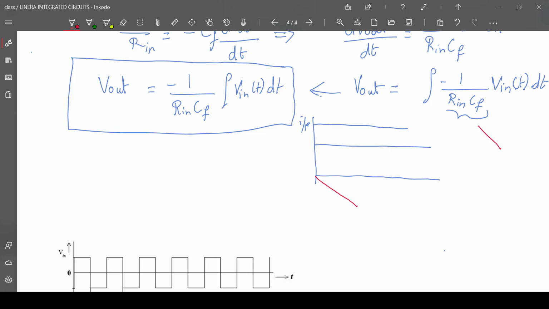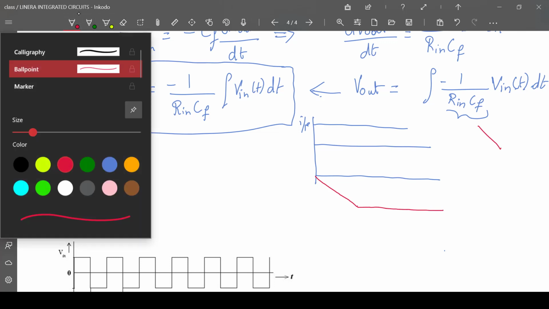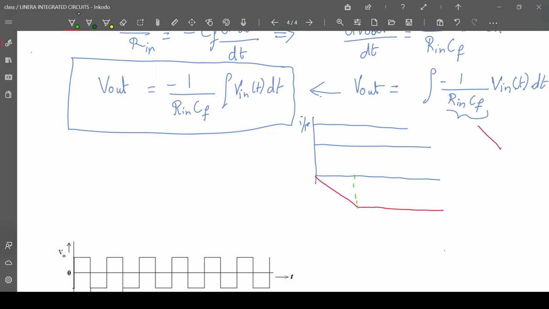When the output voltage reaches the saturated value, after that there will be no increase and it will keep on flowing like this. The time period until the output voltage reaches saturation depends upon the values of Ri and Cf. According to the values of the input resistance and the feedback capacitor, the slope value will be defined. Whatever the slope value is, when the output voltage reaches the saturated voltage, there will be no further increment in the output voltage. So the saturated voltage will be provided in the system.